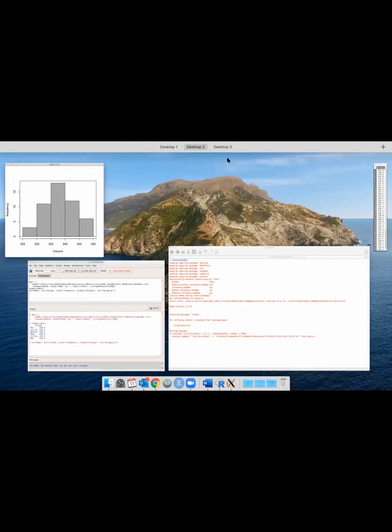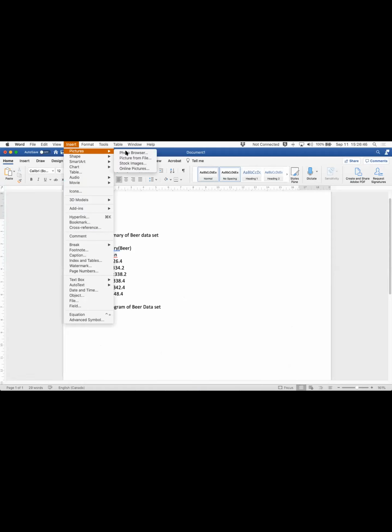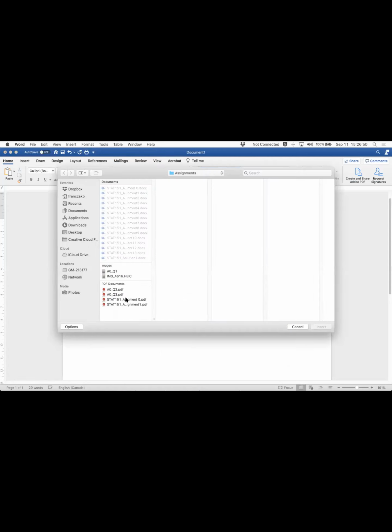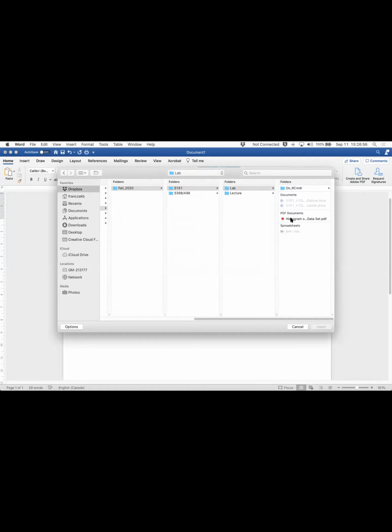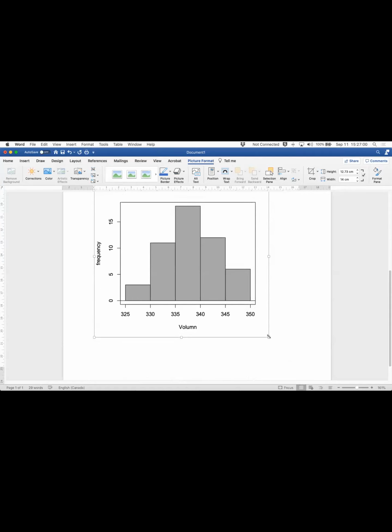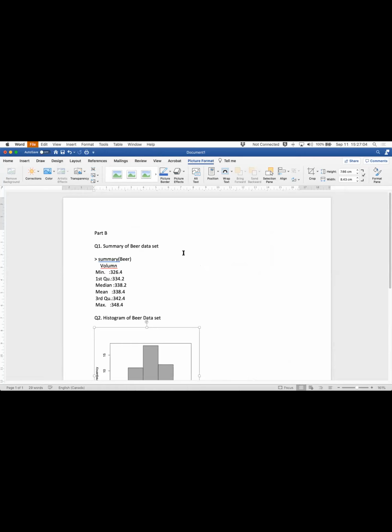Then I will go back to my Word document. I will click Insert, Picture, Picture from File. I will select from the corresponding folder that histogram. You'll see that it automatically gets placed into Word. I can resize it. And then I will just save this Word document